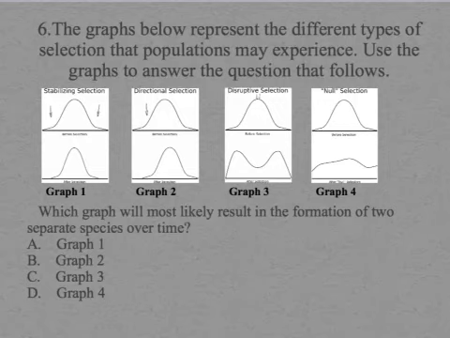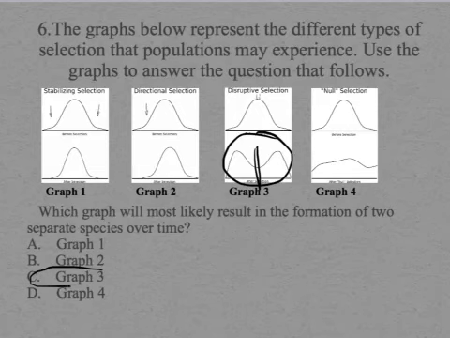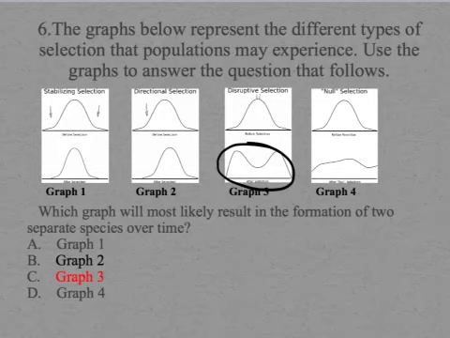It's stabilizing to me just doesn't look like it's going to. When I come over to graph 3, disruptive, look at how that one forms. And to me, that suggests that it could possibly lead to two separate species. So just looking at the graph, maybe not necessarily knowing what disruptive selection is, which does mean the formation of two separate species, I would pick graph 3. Okay, again, graph 3 shows us disruptive selection, which would show us eventually that we'd have formation of two separate